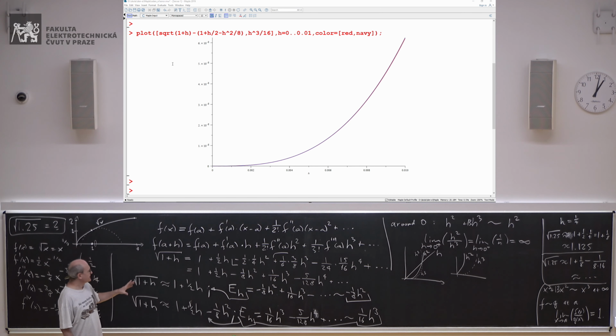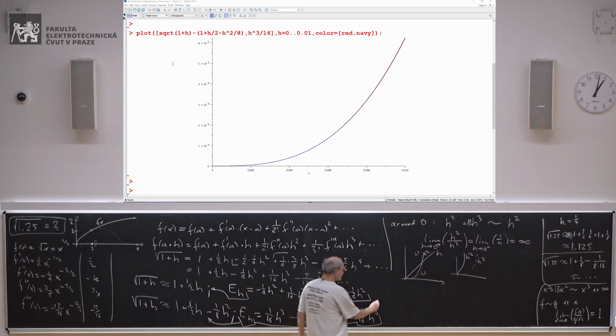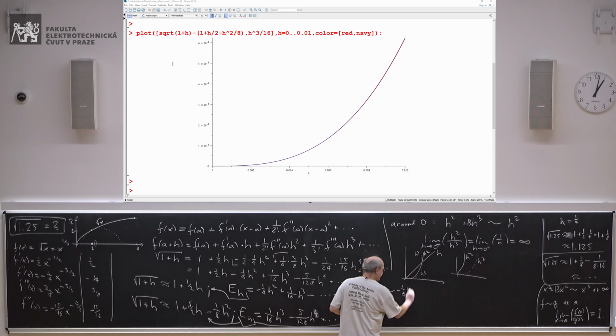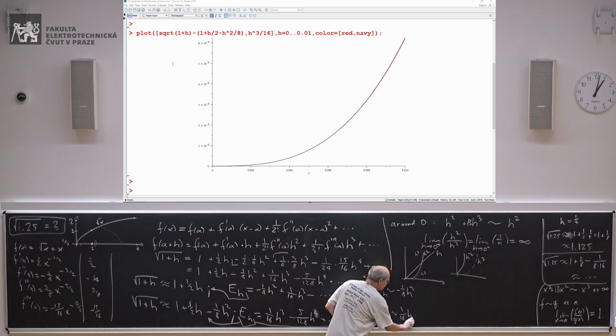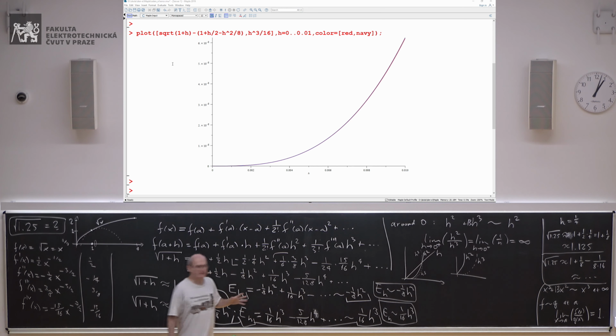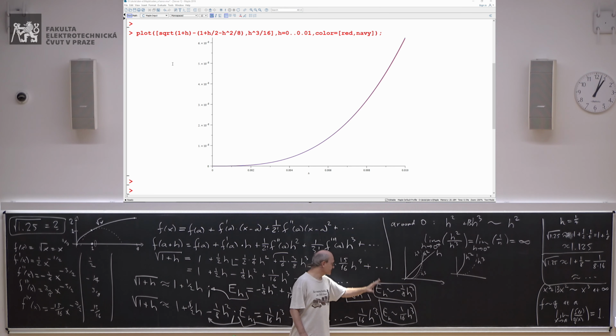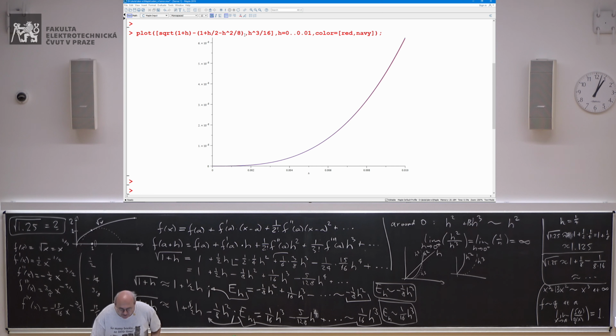Now, this is one possible way to express the error. I can say that the error is asymptotically minus 1 over 8 h squared in the first case, and the error is asymptotically 1 over 16 h cubed in the second case. This has the advantage of precision, and sometimes you need it, and then it's nice to have it. This, by the way, calls for an interesting